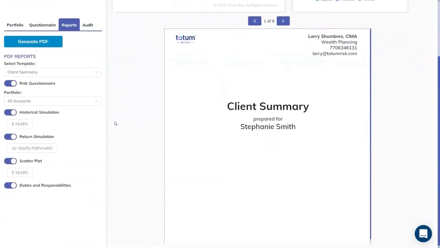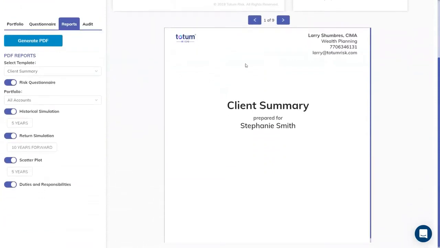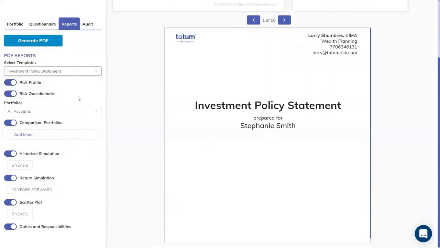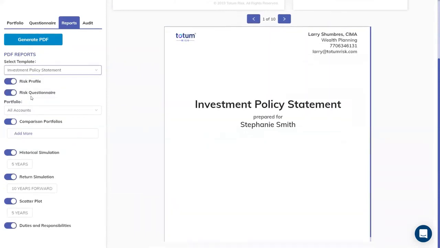So from here, again, completely customized with your information, your client's information. I have the option of selecting a client summary, a portfolio summary, or investment policy statement. An IPS is most widely used here. Over here on the left-hand side, I could select what I want to show and what I don't want to